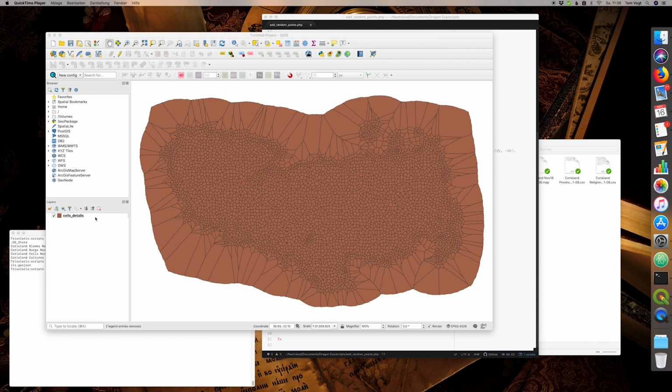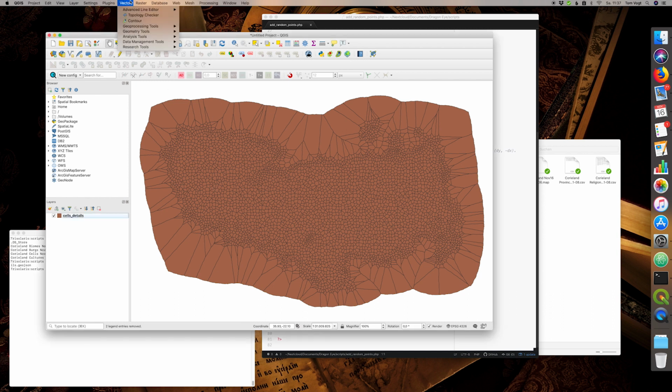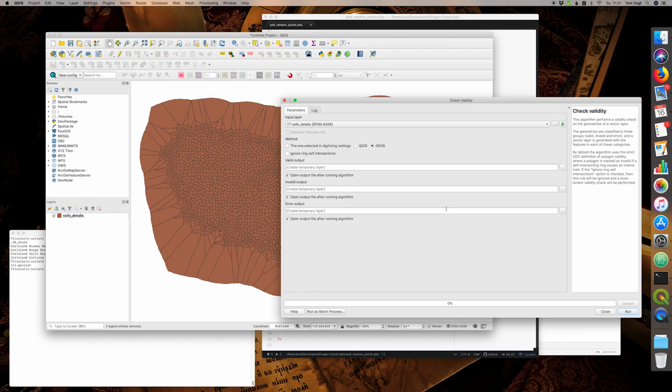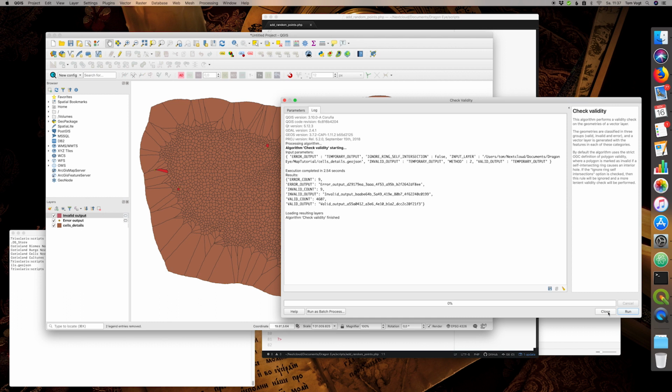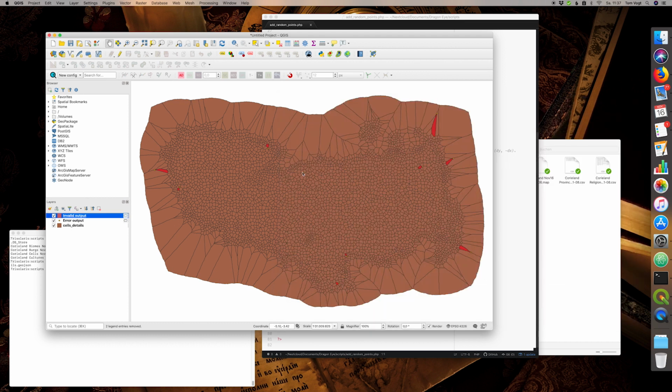We now need to do some cleanup work because unfortunately the GeoJSON import will leave us with a few topological errors. It's not very difficult to do. What we need to do is go to Vector, Geometry Tools, Check Validity. And since we're not interested in the valid cells, we uncheck this and create only the other output. It runs for a few seconds and it will tell us all the places where there is a problem with the geometry. There are 9 errors in our file